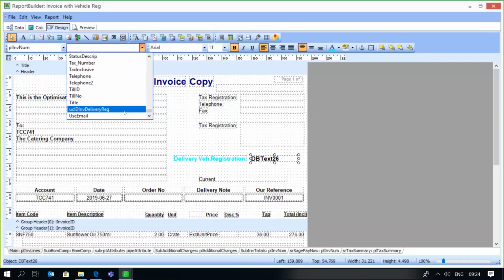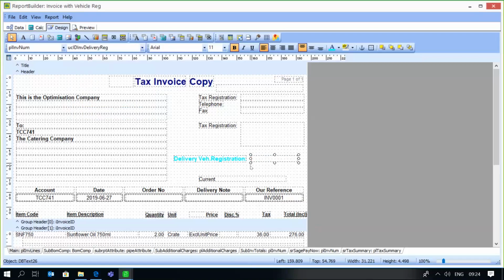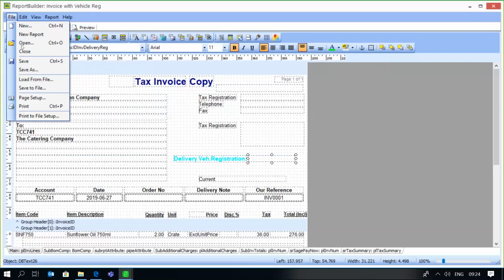So remember when we created that particular user-defined field, the prefix was UCL, and we then need to specify the details. So there we go, and it's now linked to that field. Delivery vehicle registration, and we'll just change the color. Right, I'm going to save this option